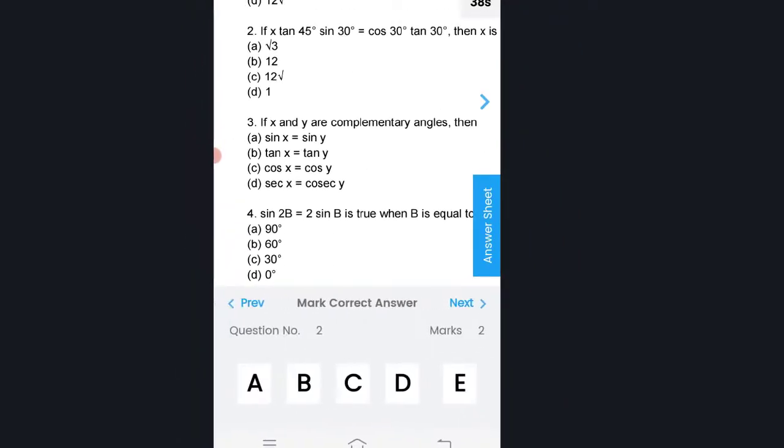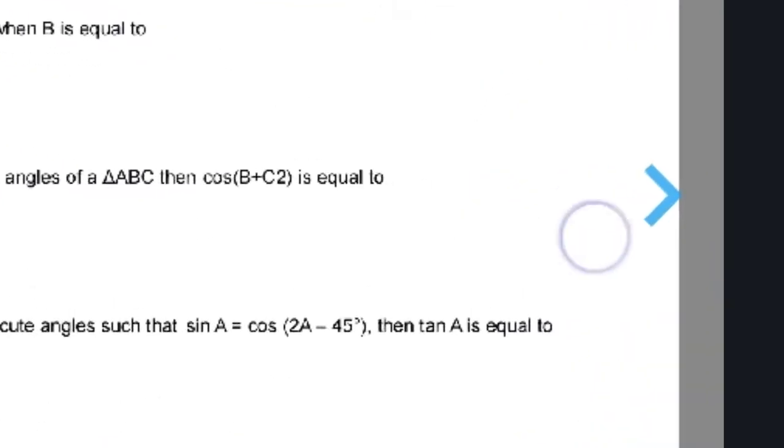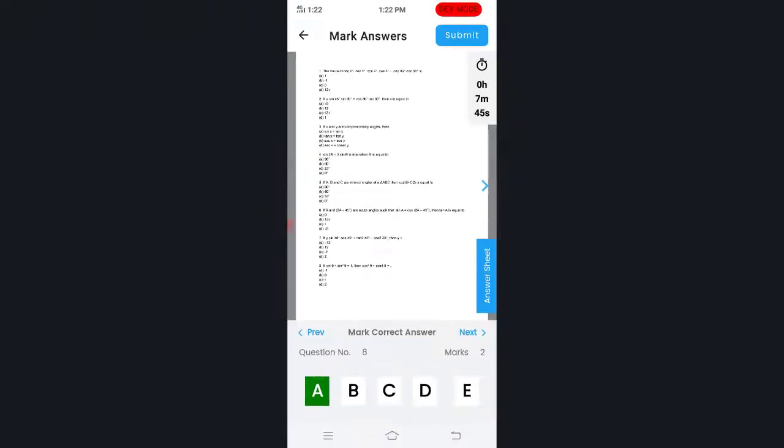Then read the question. If the answer is B, click there. Then the next question. Then read the third question, the answer is A, and the next, fourth question, D. Bring the question up properly, then read the questions and click next question, then next, now I am simply clicking. Now it is the 8th question. There is one arrow just on the right side. By clicking here you can see the next page, because there are only 8 questions on this page. When clicking we can see that page.